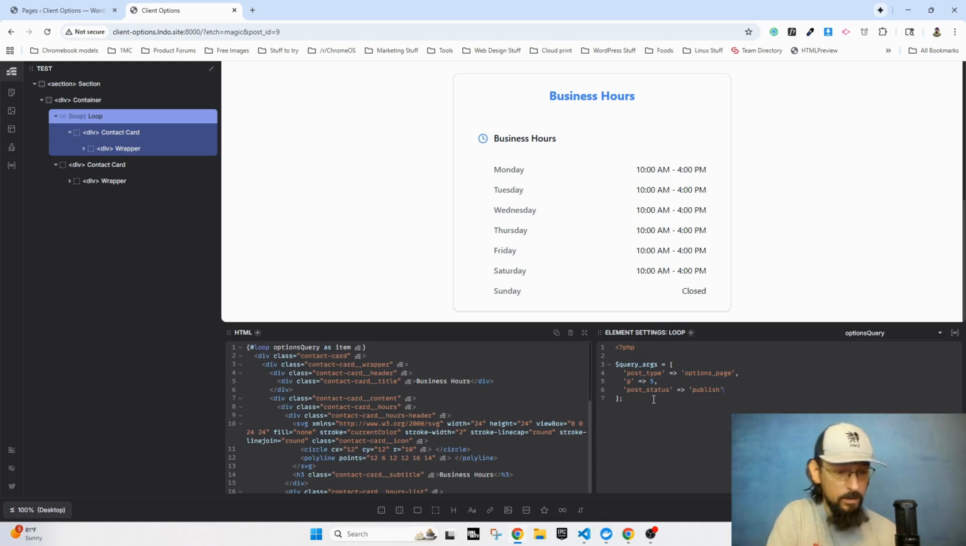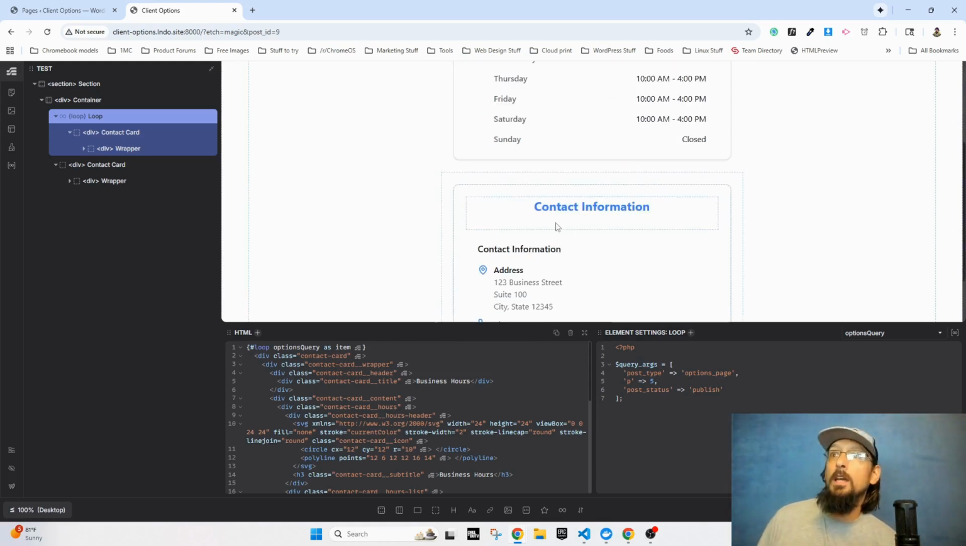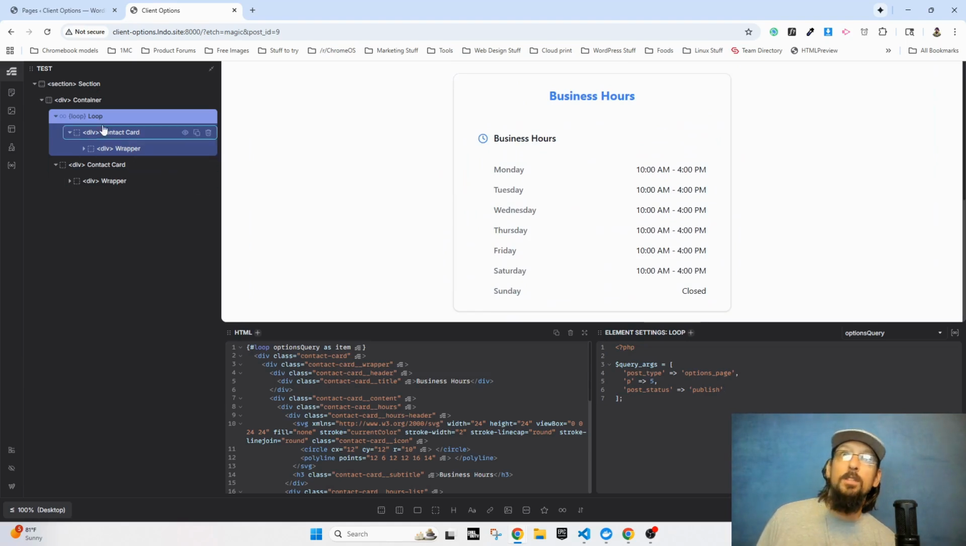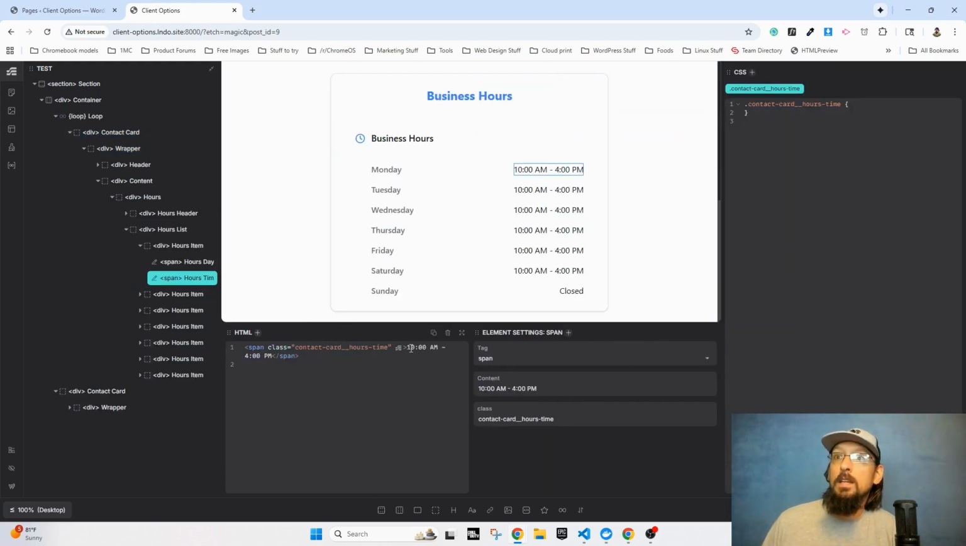Let's just make this as simple as possible, right? And that's it. So now that we've wrapped this in a loop that is looping through this one singular page with all that metadata in it, we can access that metadata very easily. So let's go to Monday. Let's go to this 10 a.m. and we're going to delete that and type